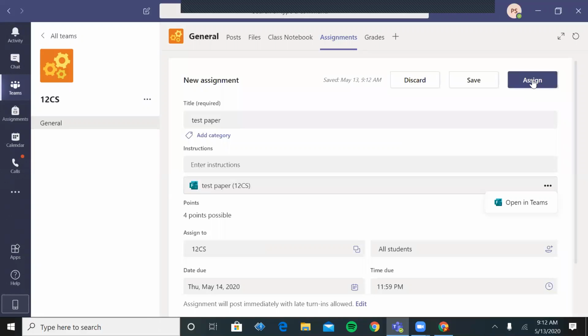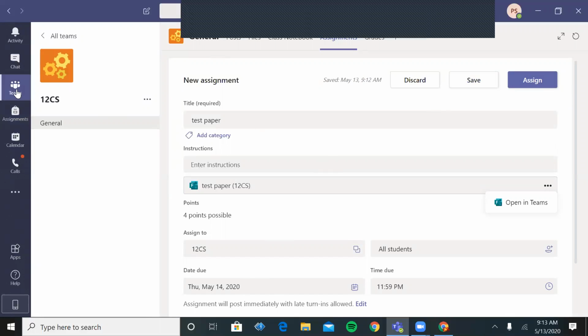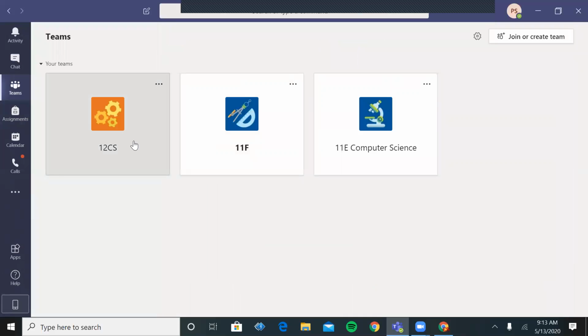Open in Teams. Now you can assign this. It will take a minute or two, and because I've already saved all these things, if you want to change anything, you can change it and then click on the save option. If you want to assign, then on that particular day, it will assign to your students. It will show on their Teams option. Assign it. I hope this is clear to you, how you have to make your form, and after making a form, I am just showing you how it will show.